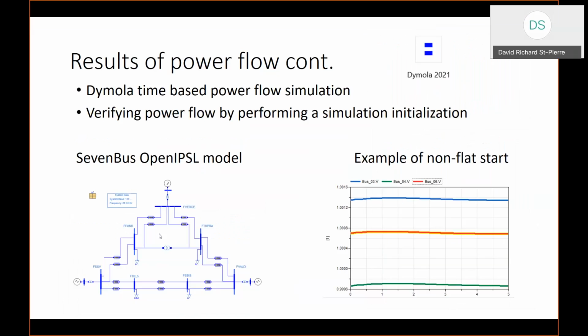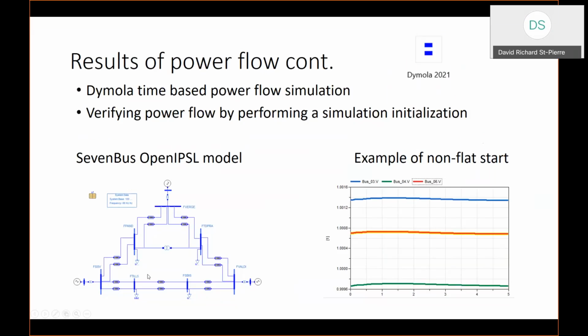The figure down here shows an OpenIPSL model, the different buses, transformers, all the different transmission lines. And the record that I've created using PowerModels to rec is used as the initial conditions for all the different